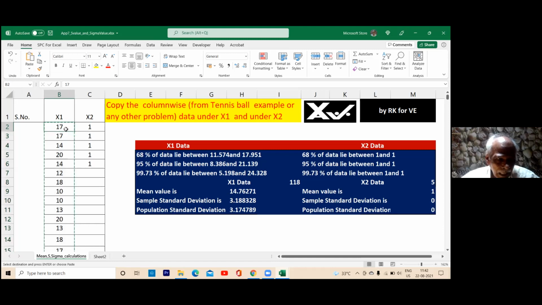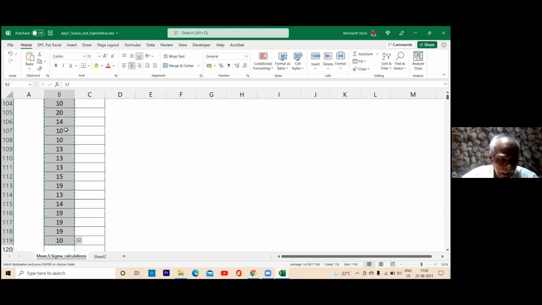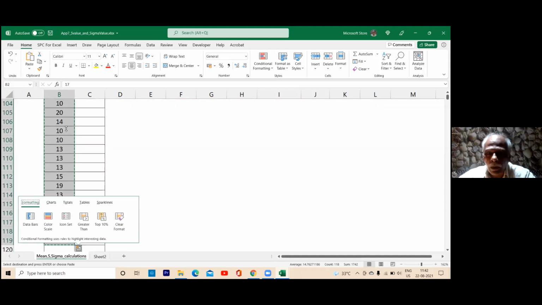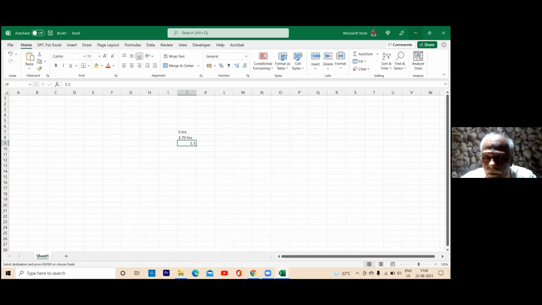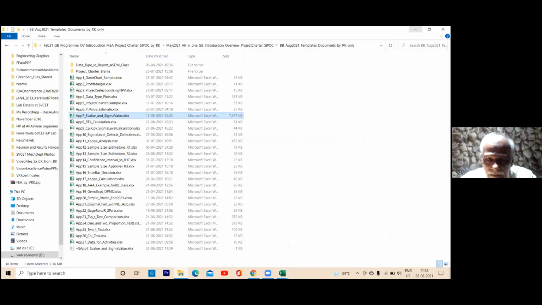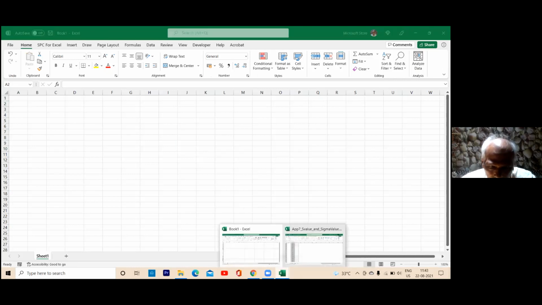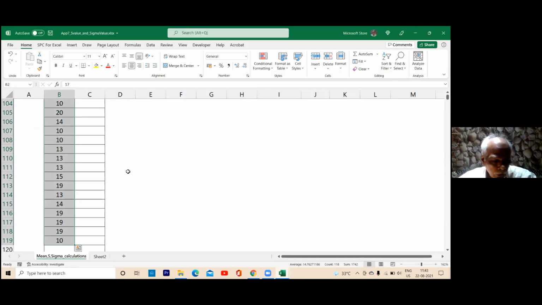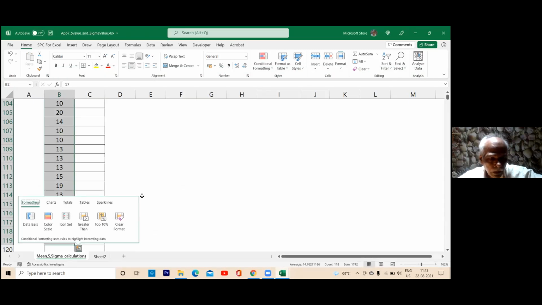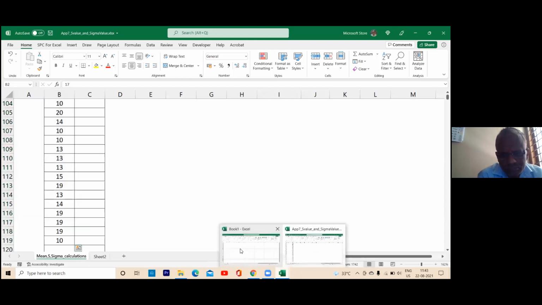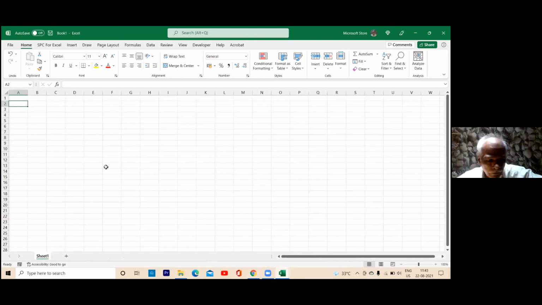Now, what I will do is control shift and down and control C. Now I'm going to teach you Excel. Do you see Excel here? Do you see the Excel sheet here? I'll delete this. I will copy this data here. Control V. Oh God. So I have to go there. So I have to control C, and then I will have to go here, new book, and then I'll put control V.